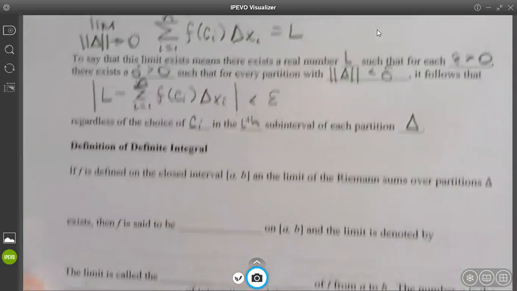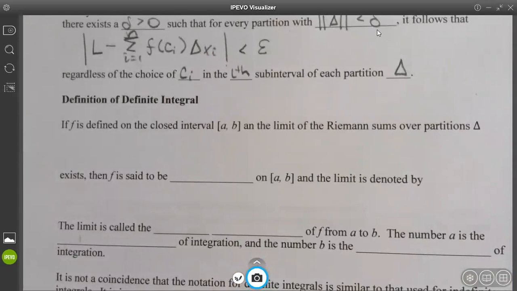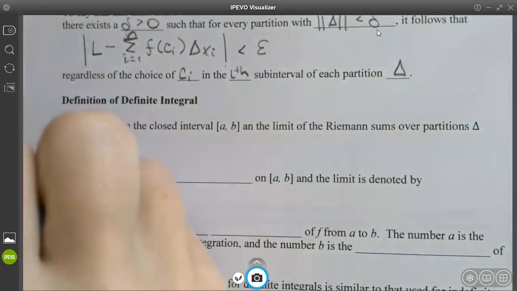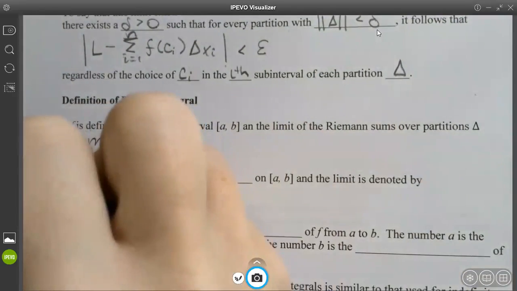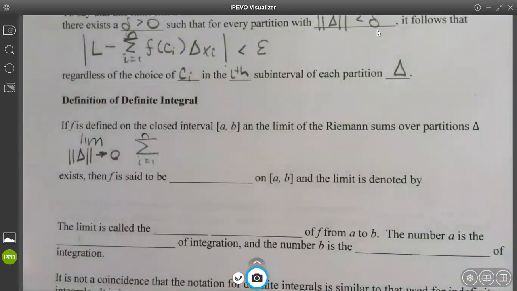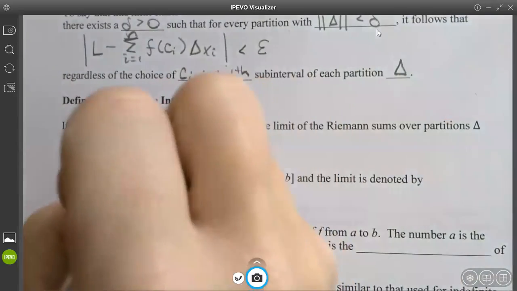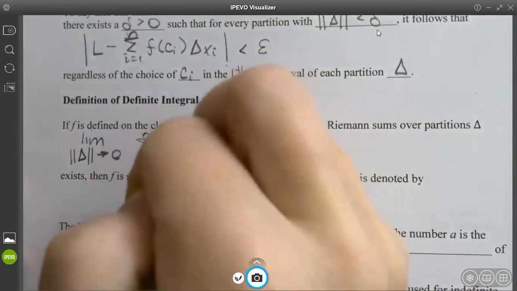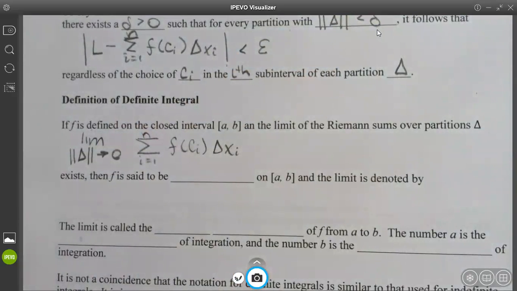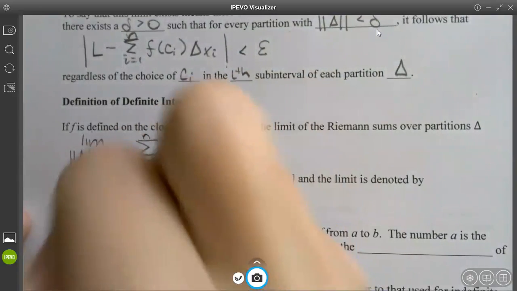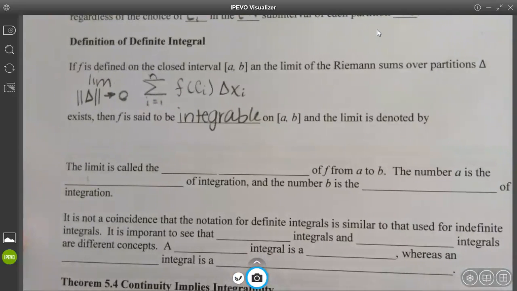So the definition of a definite integral. If f is defined on the closed interval a to b, and the limit, I should say, the limit of the Riemann sums over partitions delta, the limit as that delta approaches 0 of the sum from 1 to n of f of ci delta xi, if that exists, then f is said to be integrable on a to b, and the limit is denoted by